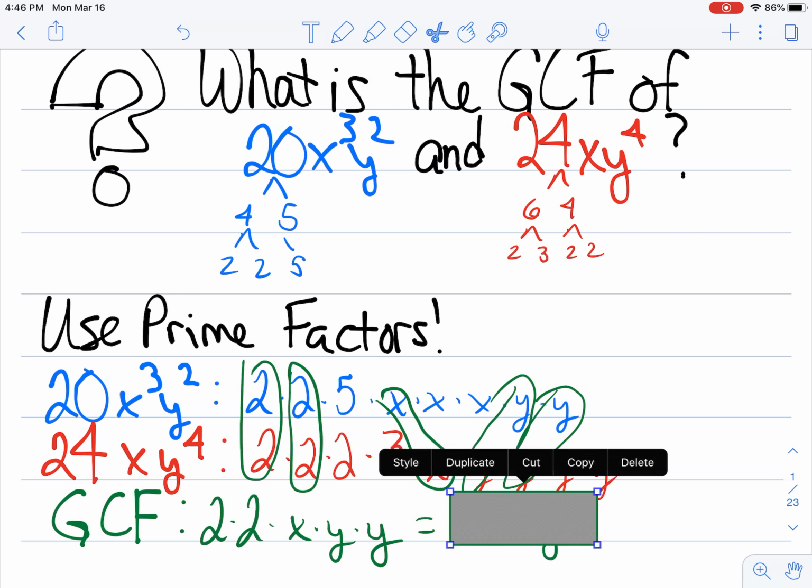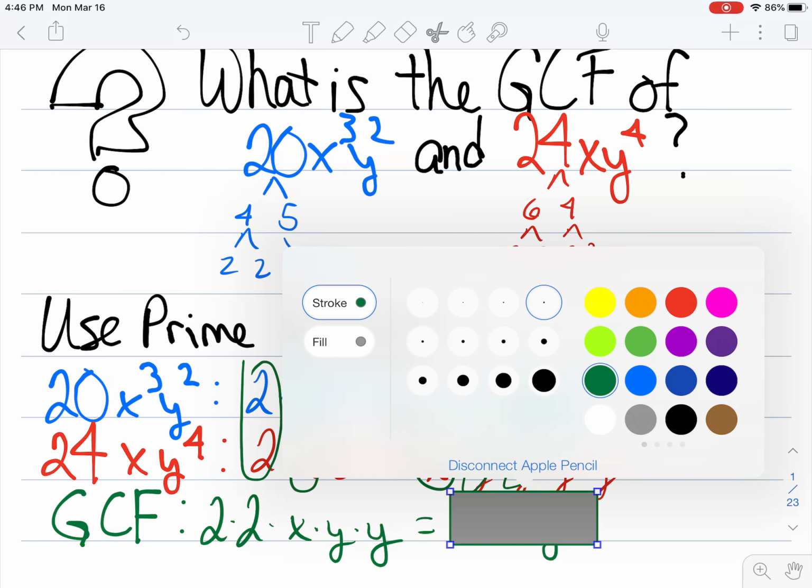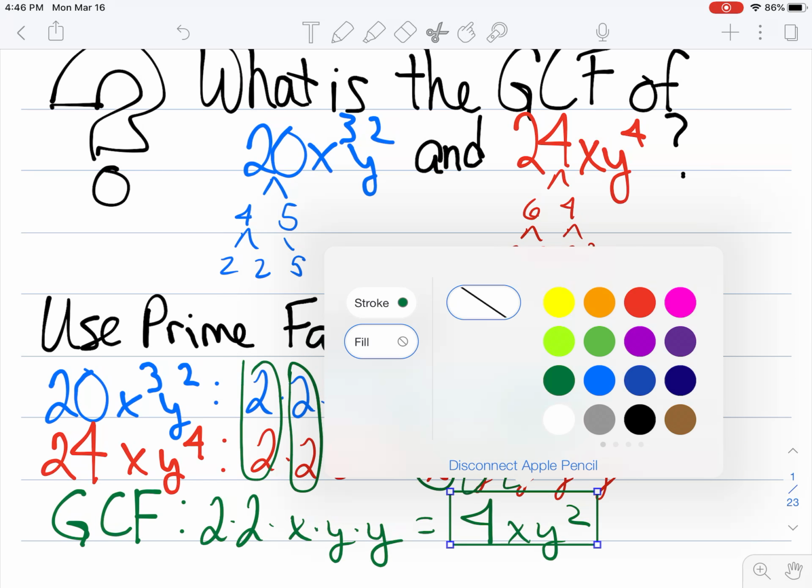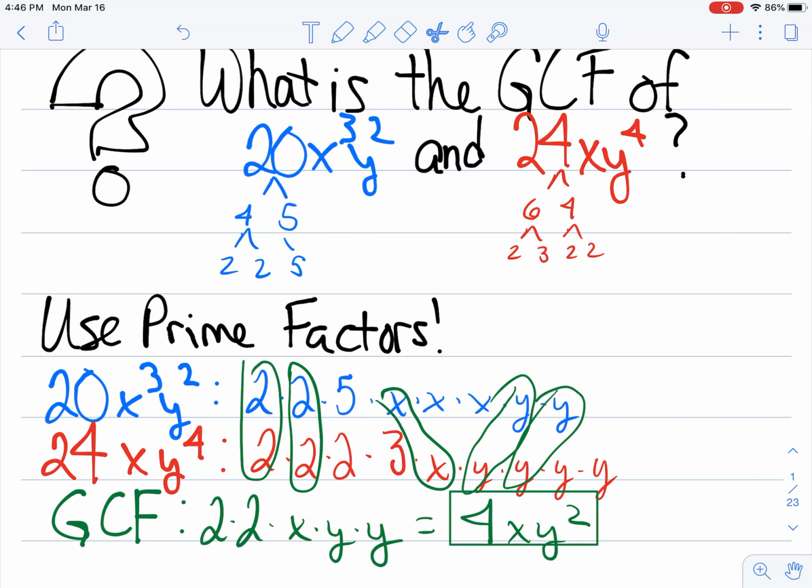Let me fix that fill. I don't want that fill on there. So give me just a second here to get that fill taken care of. There we go. All right, so now you're going to try this next example and try to find the GCF